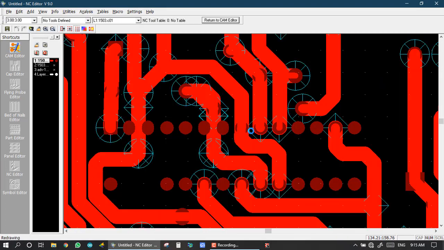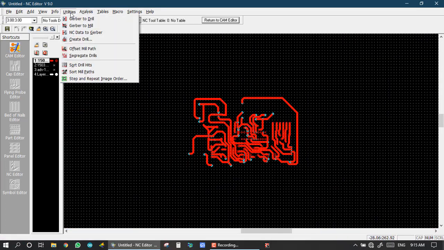So this is my mill path, and if I want to set my mill path, then I go to sort mill path.